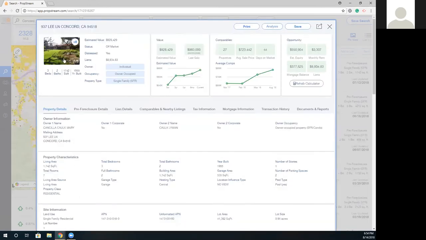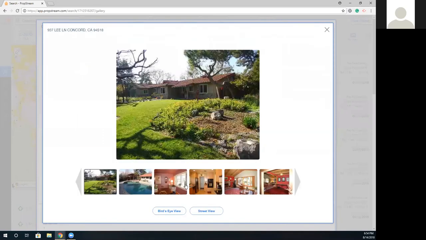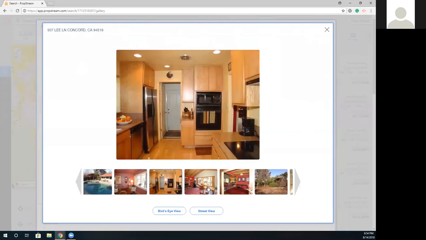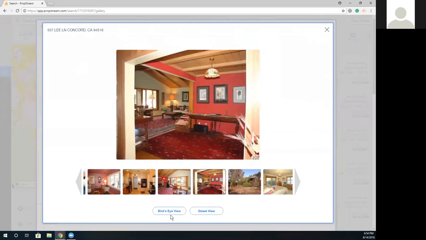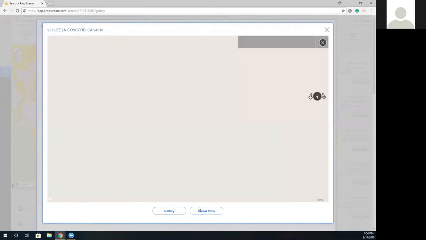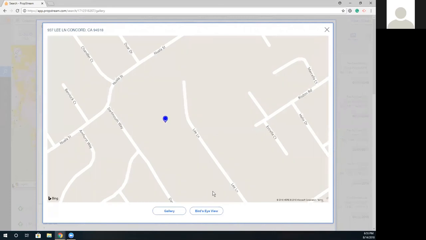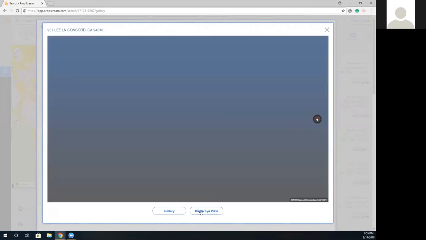But with our dashboard, you get the property characteristics, whether the owner is occupied there, and property type. We also give you access to historical photos. This property was at one point listed through the MLS, and we've been able to aggregate those photos for you. So this is perfect for anybody that's hands-on or wants to see the interior, exterior, and any possibilities of remodeling. We also give you the ability to look at bird's eye view and obviously rotate the map. And if we have the availability, we also give you access to street level.